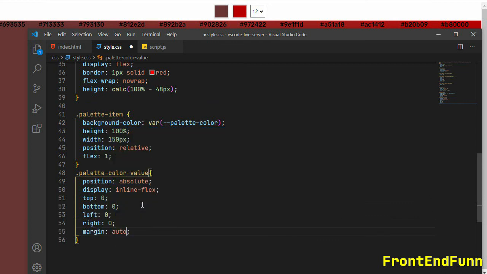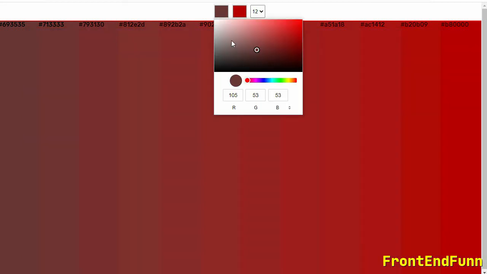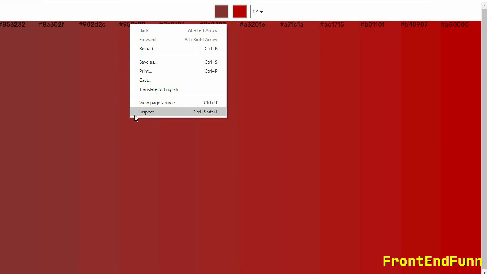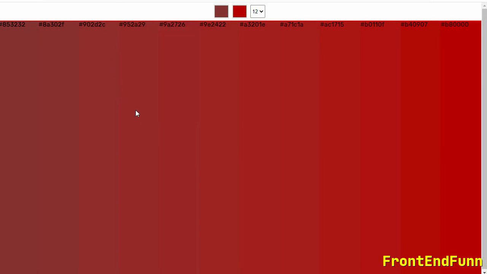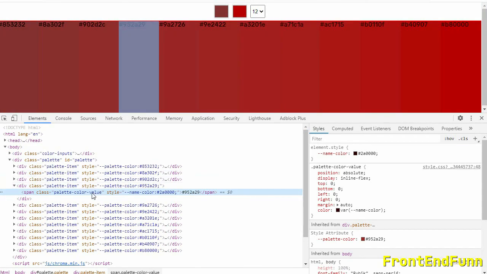Set the margin to auto and the color will be the CSS property name color.